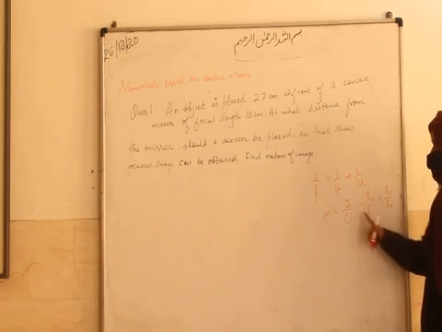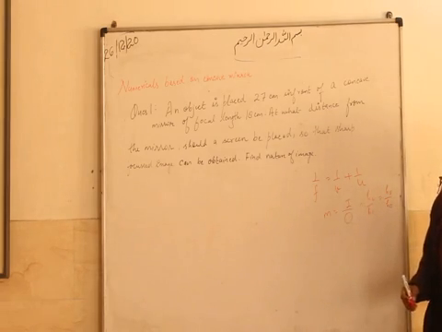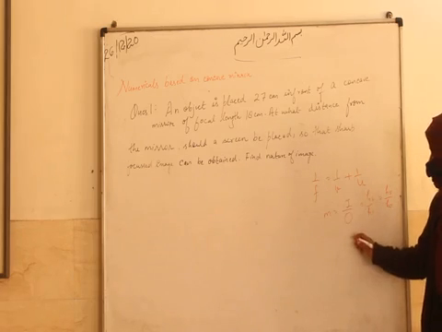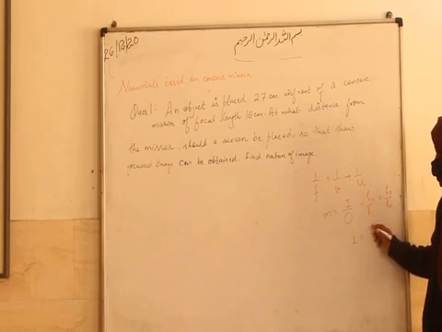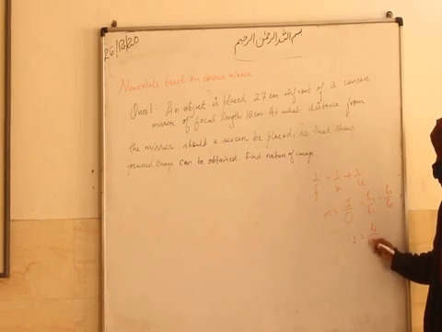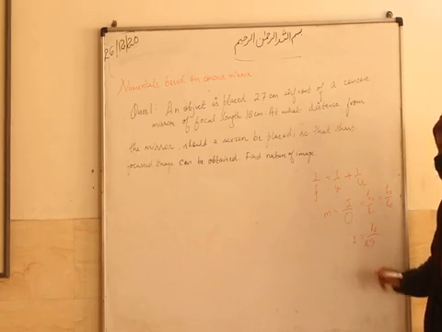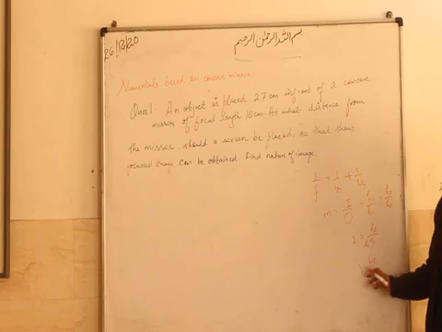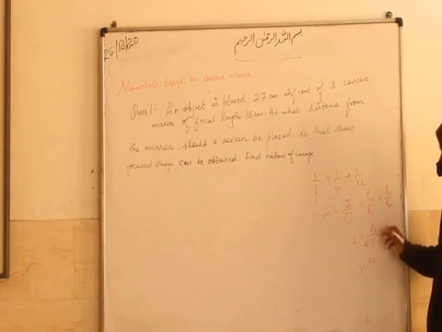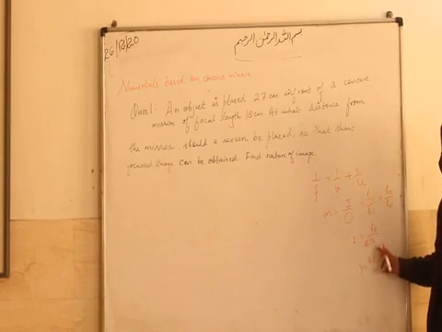If you know the heights, you can easily find it. Suppose the magnification is 1, and you want to know the height of the image, whether it will be greater than the object or what. Suppose the height of the object is given as 3. So 3 ones are 3. It means the image height will also be 3. So it is telling that the height is the same.